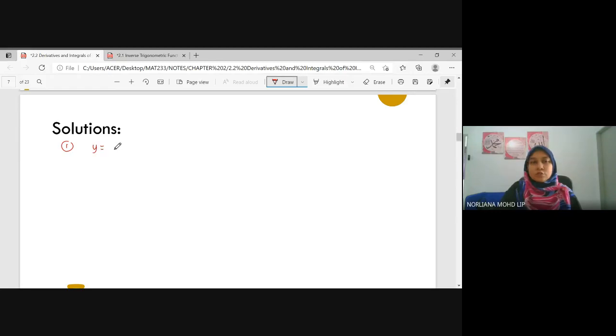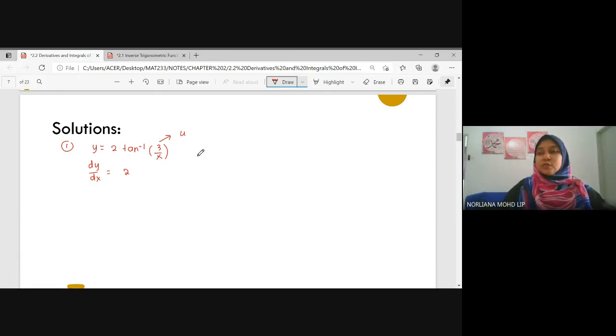Y equal to 2 tangent inverse 3 over x. This is u, the function u. To find dy over dx equal to 2 times the differential of tangent inverse,